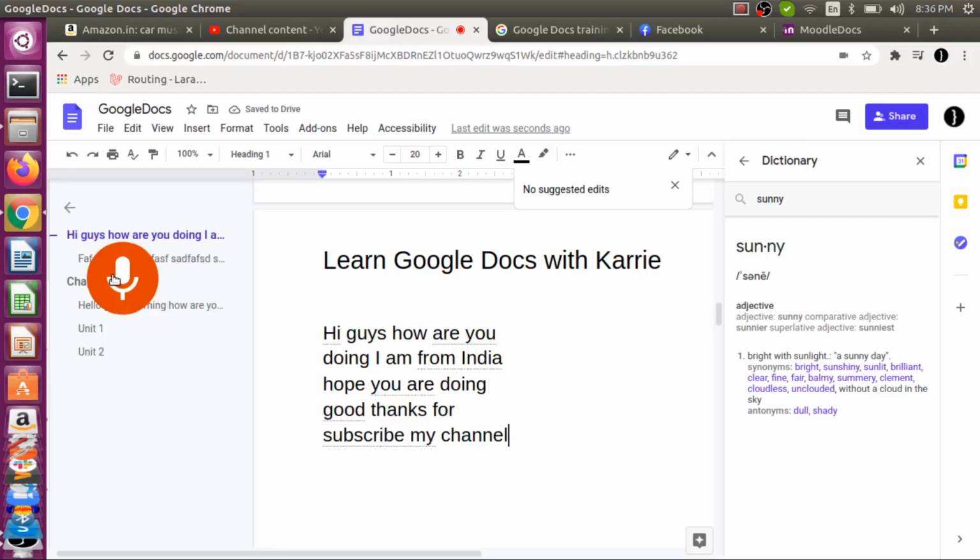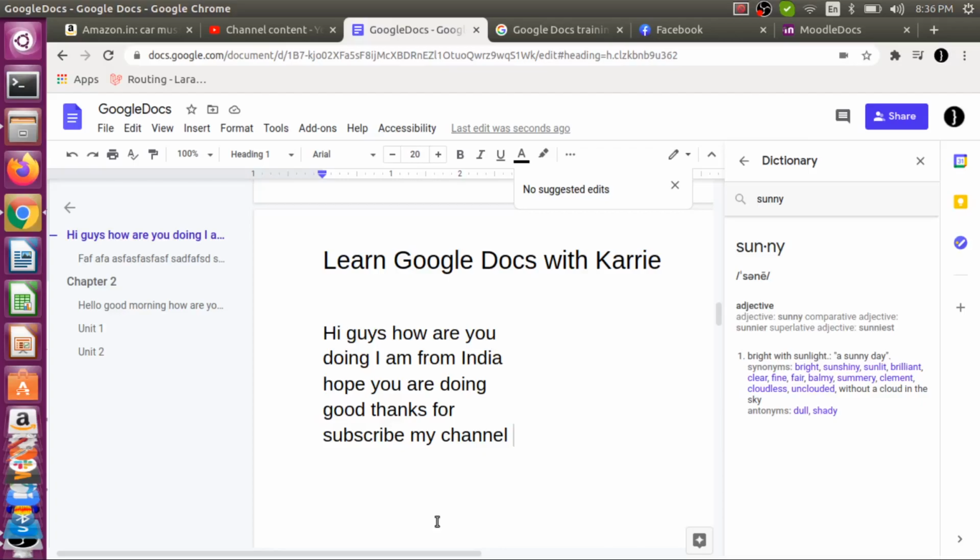So I have stopped it by clicking on this icon, and you can see now how smoothly it is automatically recognizing each and every word, and it is translating your voice to text in the Google Docs. So this is a very powerful tool which I have checked and which I mostly use, right, if I want to translate my voice to text. So this is one thing which amazed me.